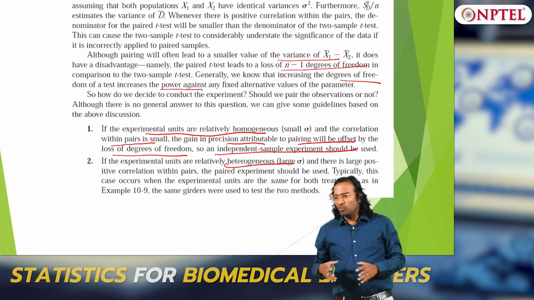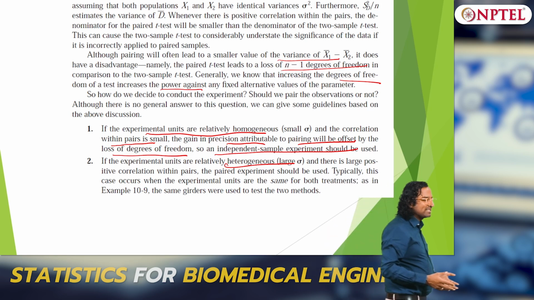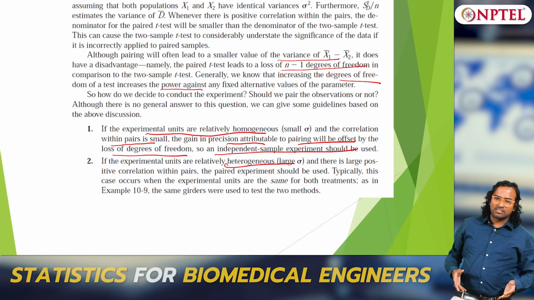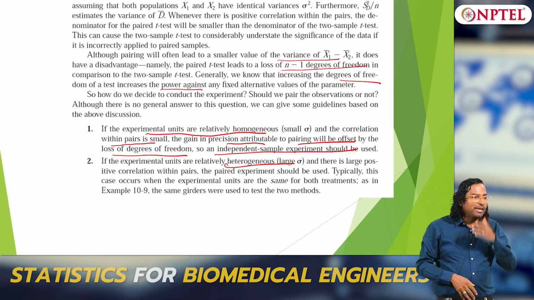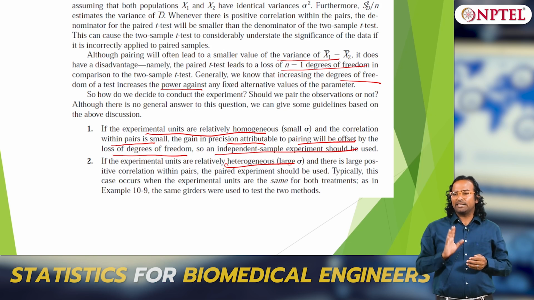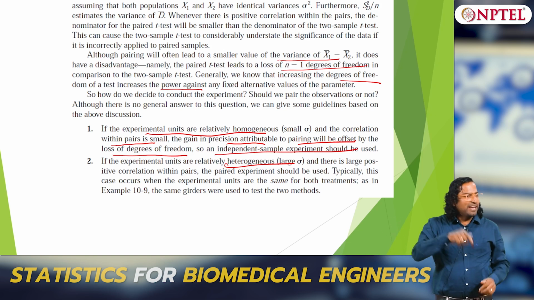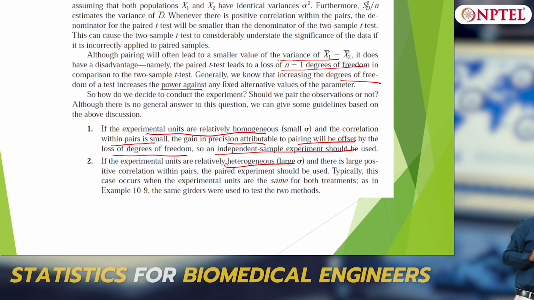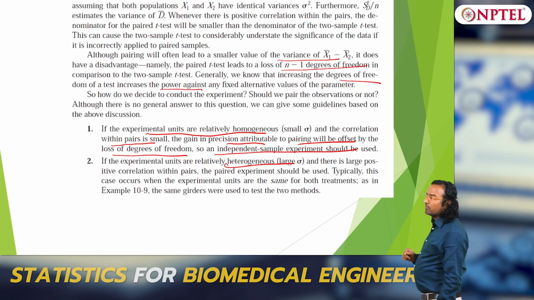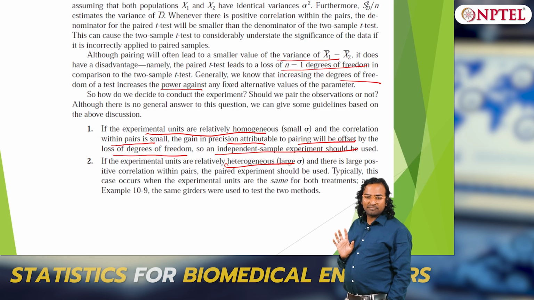You understand, the original population or samples are heterogeneous, you enforce homogeneity by conducting a paired t test, because the way in which you do experiments itself is enforcing homogeneity. So that is where you should think about doing a paired t test, clear.